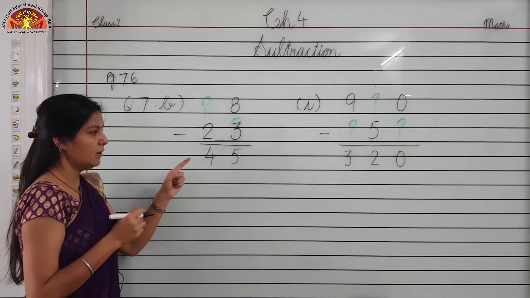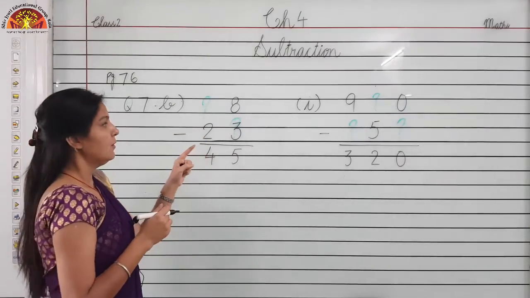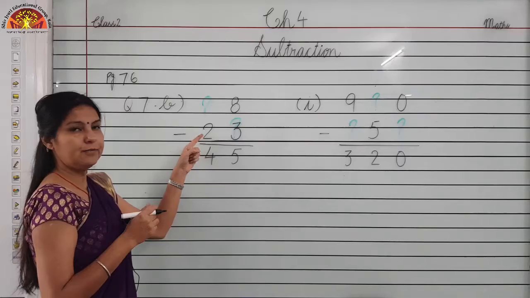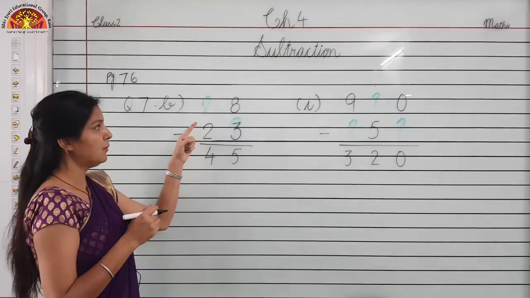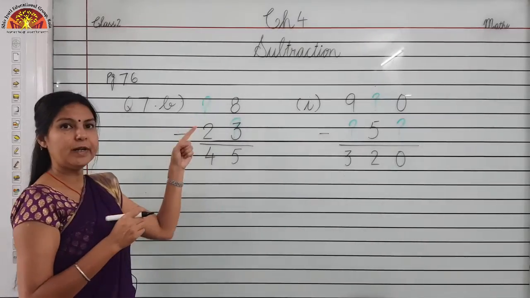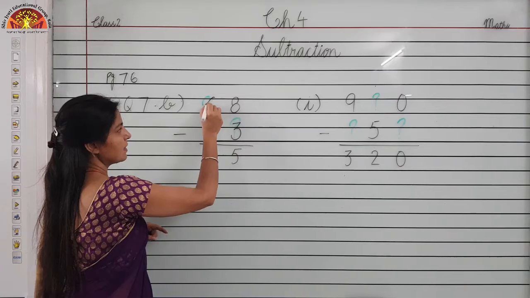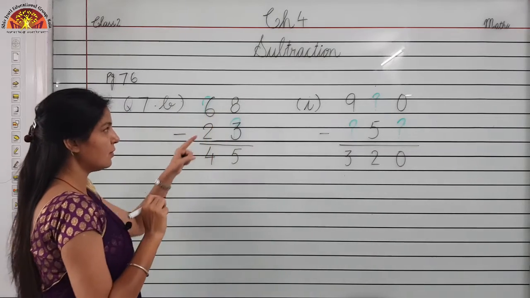And children, here you can see two numbers are written. And tell me one thing, from which number we can subtract 2? The number which will be here, this will be bigger. So what we will do for finding out the bigger number, we will add these two numbers. This is 6. So you can check your answer also.